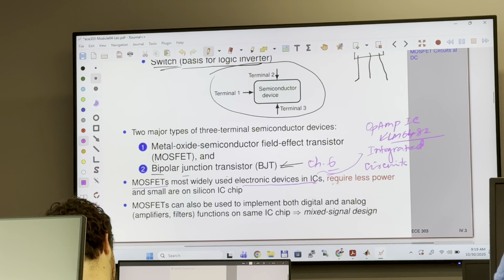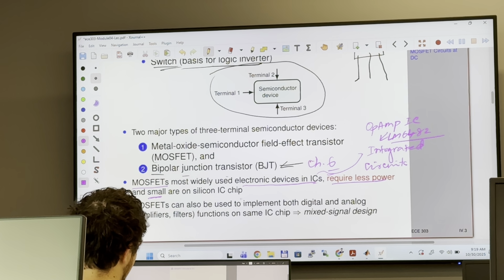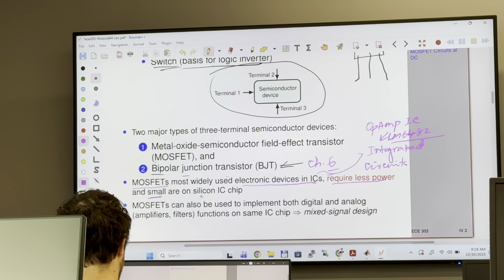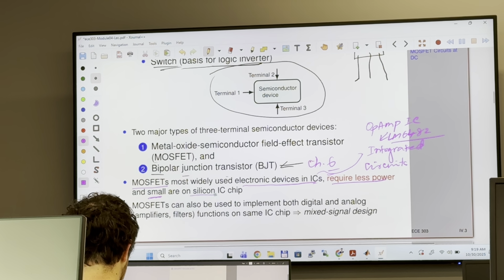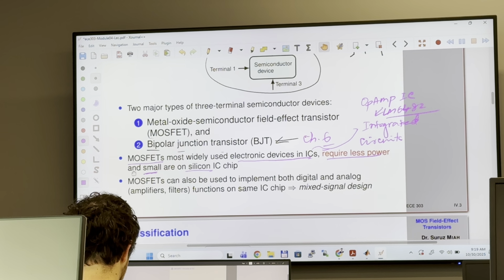requires less power and is very, very tiny. And I will go through one example on a silicon chip. We use silicon materials to build this MOSFET. And MOSFET